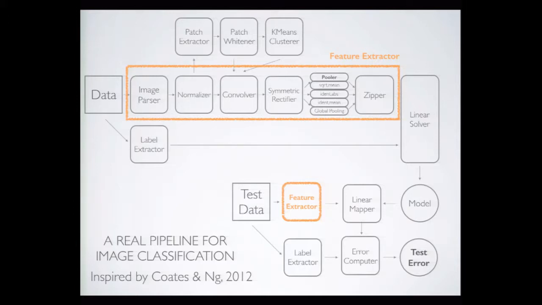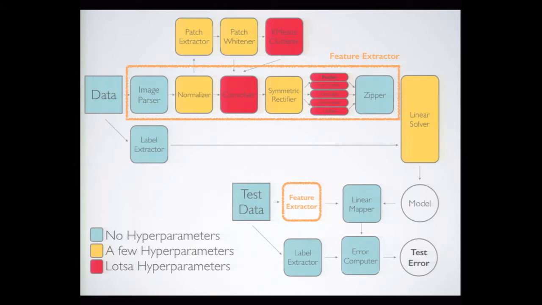And so it turns out that each of these boxes may or may not have its own hyperparameters to tune. So suddenly that search space of how do I find the model that actually works as a classification model given my data gets big very quickly. So things like how big is the convolution window, how big are my pools, what different polynomials do I apply to my data after the pooling step, which linear solver do I choose given my data. These are all things that the user would have to decide and that we hope to automate shortly. So that's the idea.